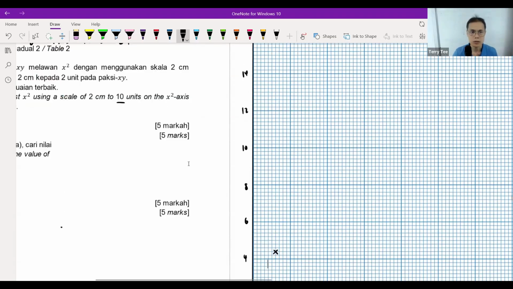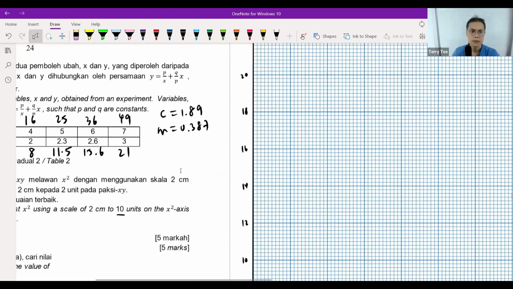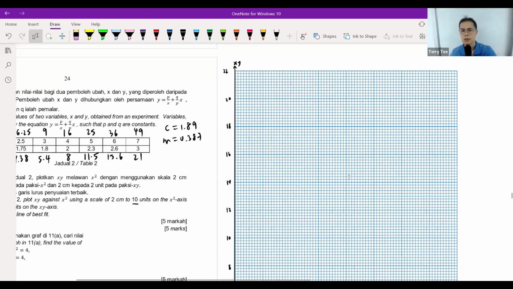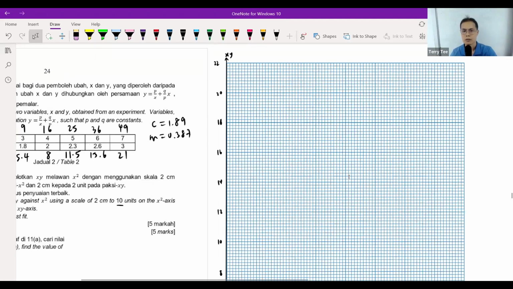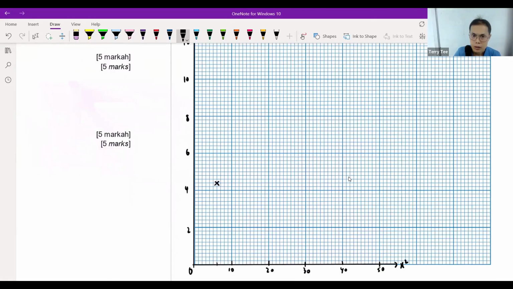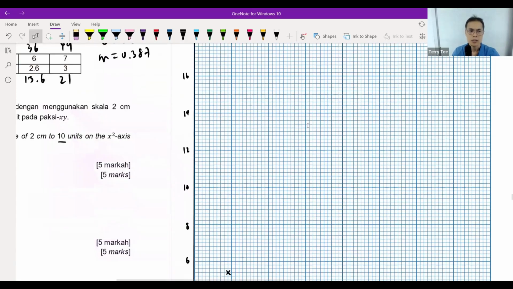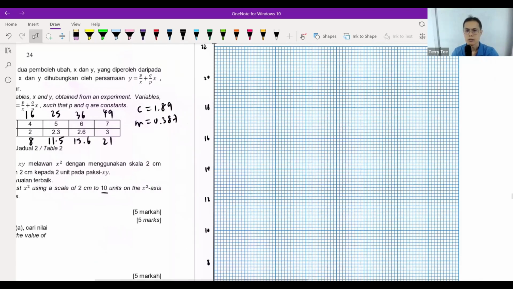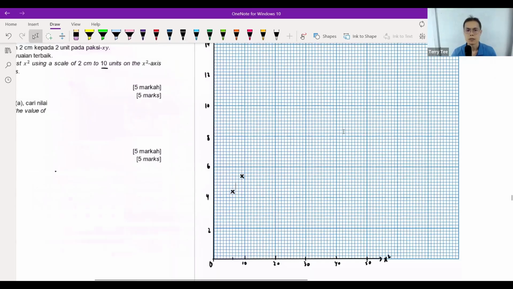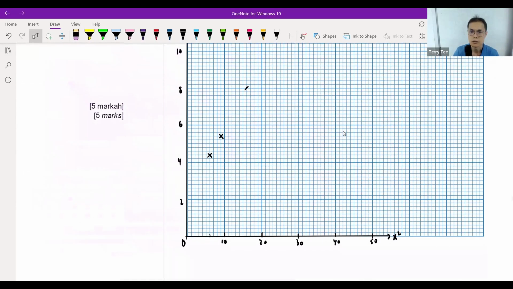Now, next coordinate I have is 9 and 5.4. 9 and 5.4. 5.4 would be 3 boxes from 6, 5.4 around here. Next, we have 16 and 8. 16 and 8. Okay, followed by